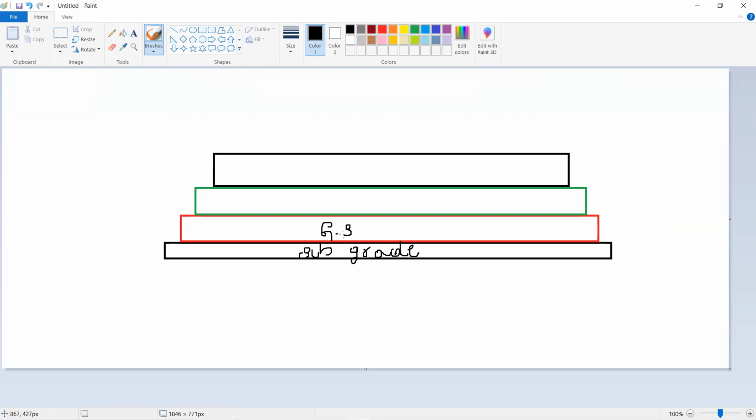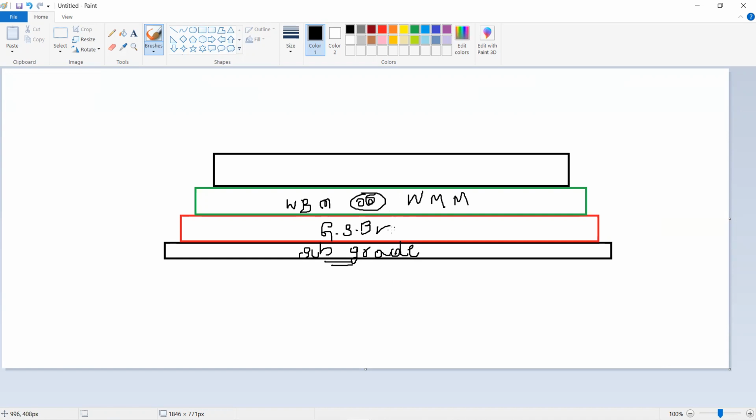Technically you can call this layer GSB, where GSB stands for granular subbase, and this layer you can call it either WBM or WMM. Correct? So these are all the different layers of the road, starting from the bottom of the flexible pavement. The bottommost layer is subgrade, and above the subgrade we lay the subbase layer, technically a granular subbase layer.